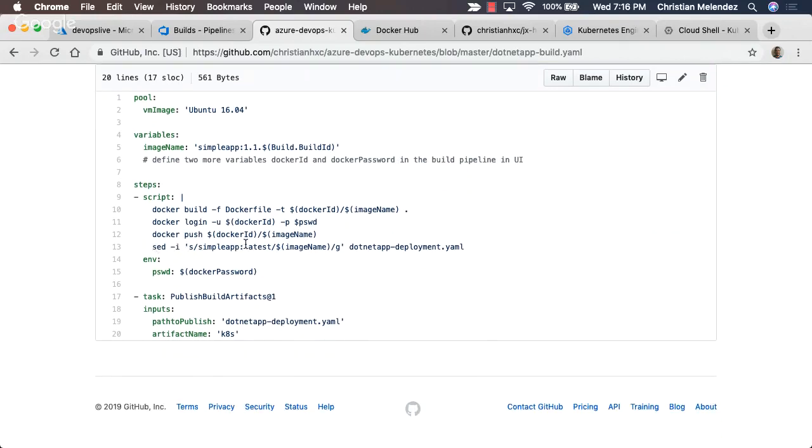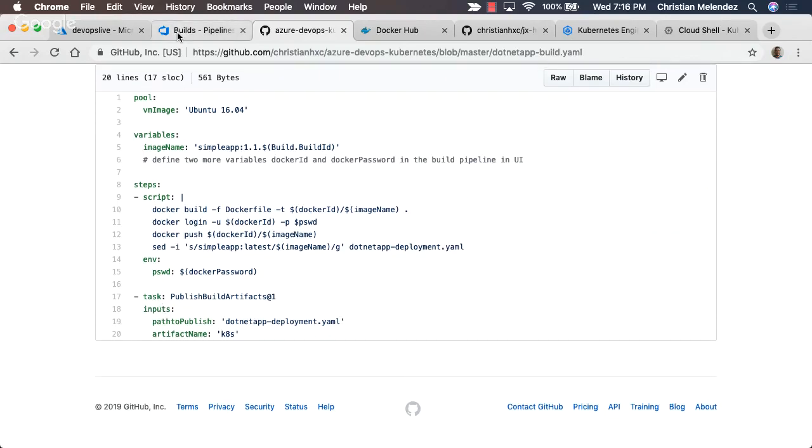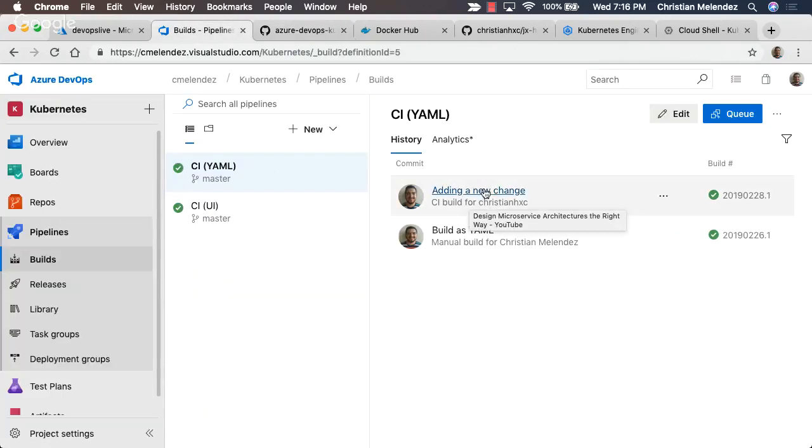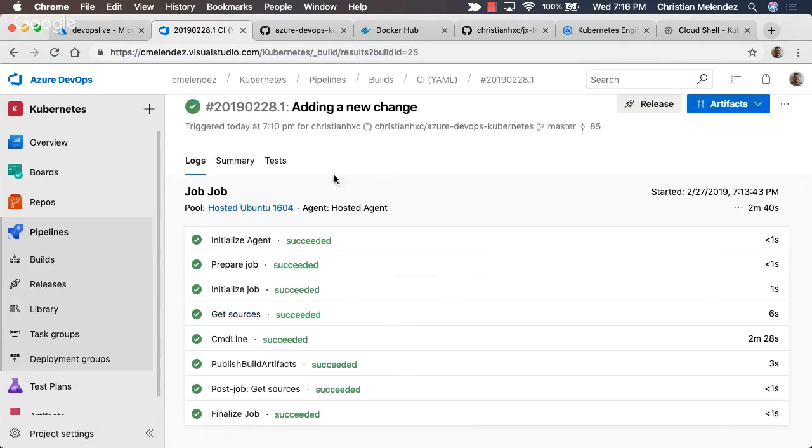It will run a set command, again, the set command that I want to use to replace the latest stack here. And then the other task will be to publish the artifacts. That will take some time, and you will see that it'll also finish and produce the same result.